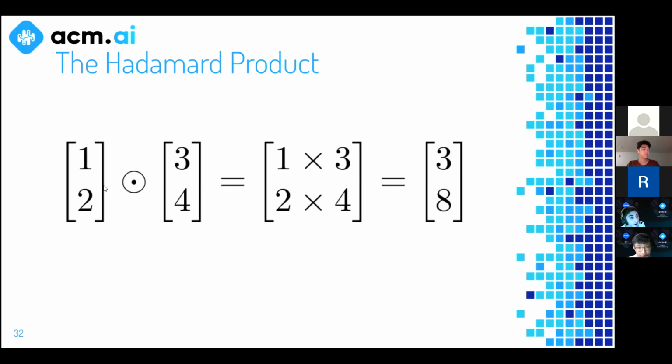So for element-wise, you have to have the same dimensions in each of the things that you're multiplying. Is anyone unclear what this means? It's like how you do addition in matrices, except instead of addition, you're just multiplying now. Can I get a yes if that's clear, or no if that's not clear? Okay, cool. So just keep in mind that's what it means. It's just important notation so we can show you the formulas.